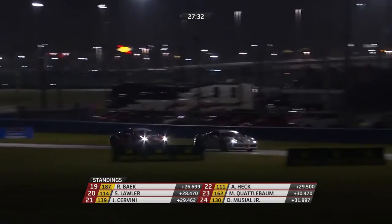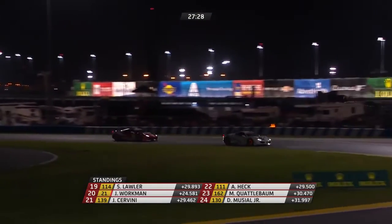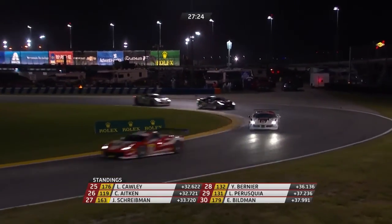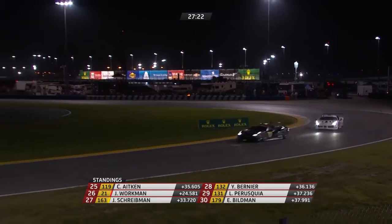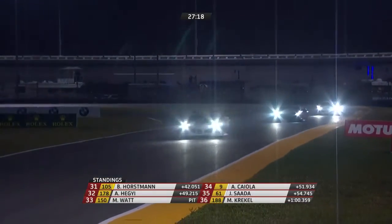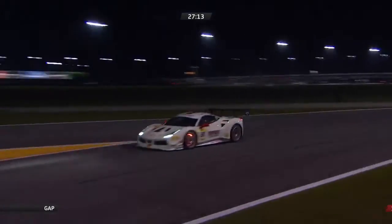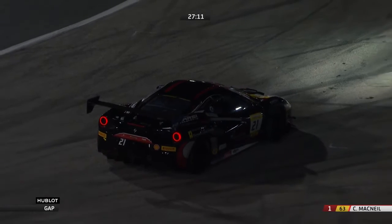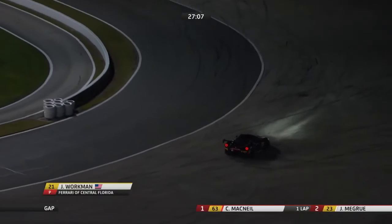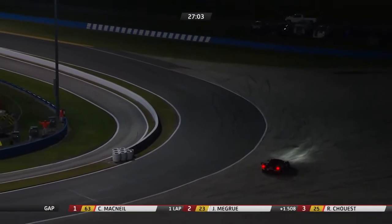But MacNeil is under pressure here. So Cooper MacNeil now, whether he made a mistake somewhere, he just seems slow relative to John McGrew. But John McGrew makes a Horlicks of going into that turn, and that has allowed Cooper MacNeil just to breathe. And we could just catch sight of the Joe Rubo car as well. There around is the number 21 car. So Workman then, the Ferrari of Central Florida entry, has gone around